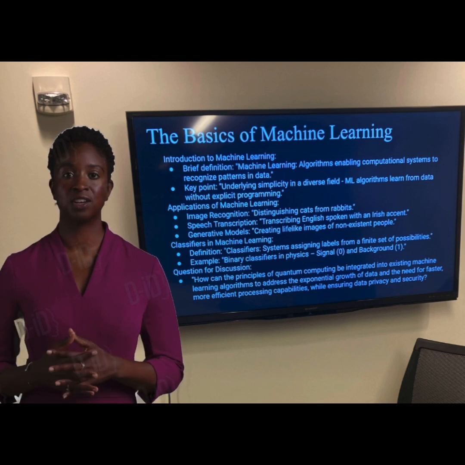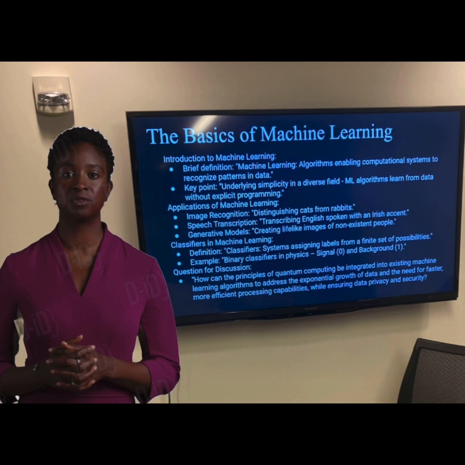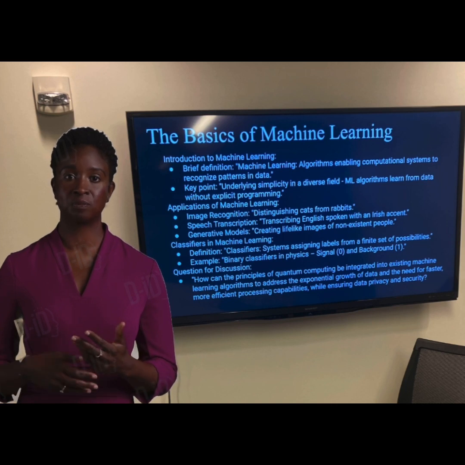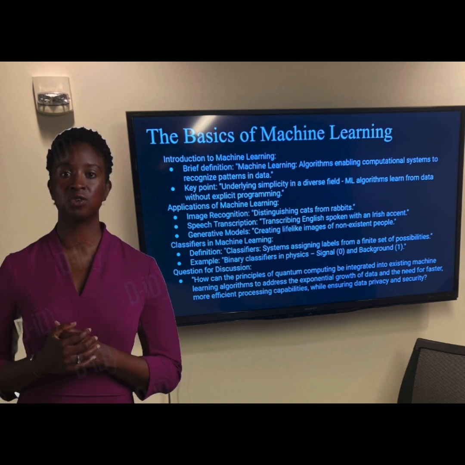Consider the goal of designing a system to classify images as either cats or rabbits. Traditional code would painstakingly define visual rules, distinguishing the two. But machine learning takes a radically different approach. Showing the system many labeled images, it statistically learns the separating features itself. Intricate discriminating patterns emerge from data, not hard-coded constraints.